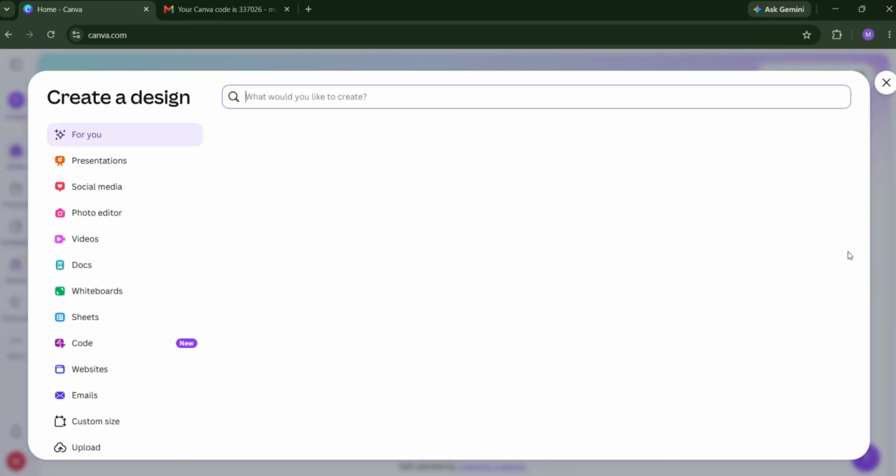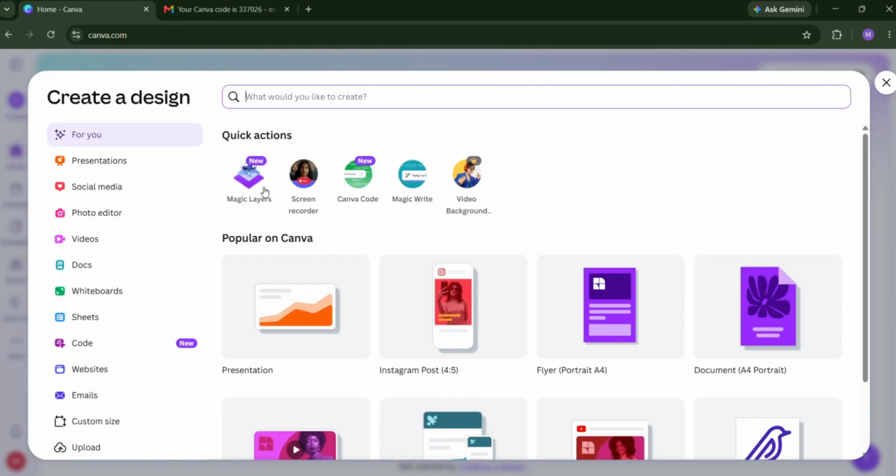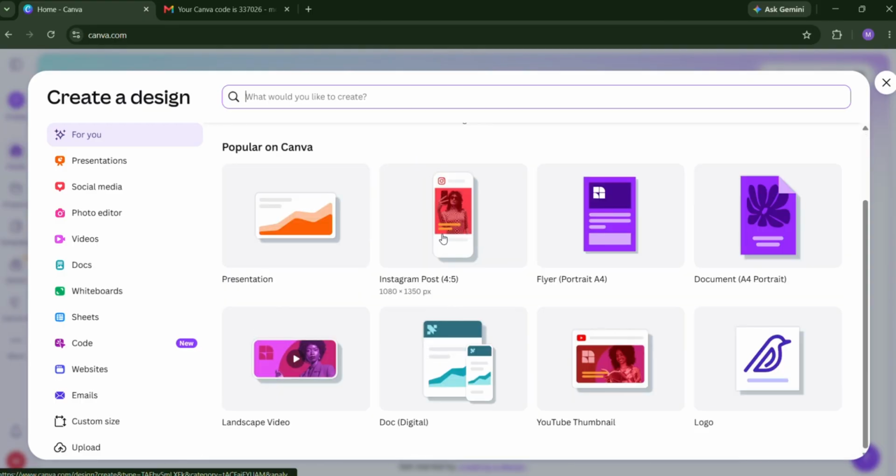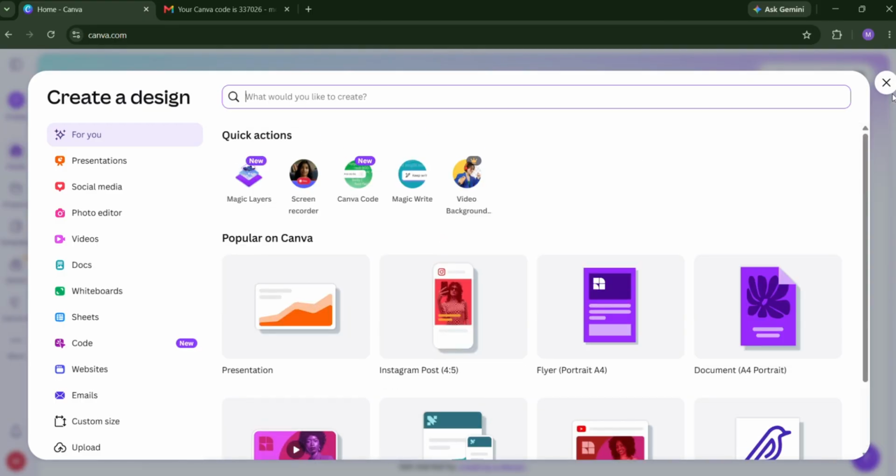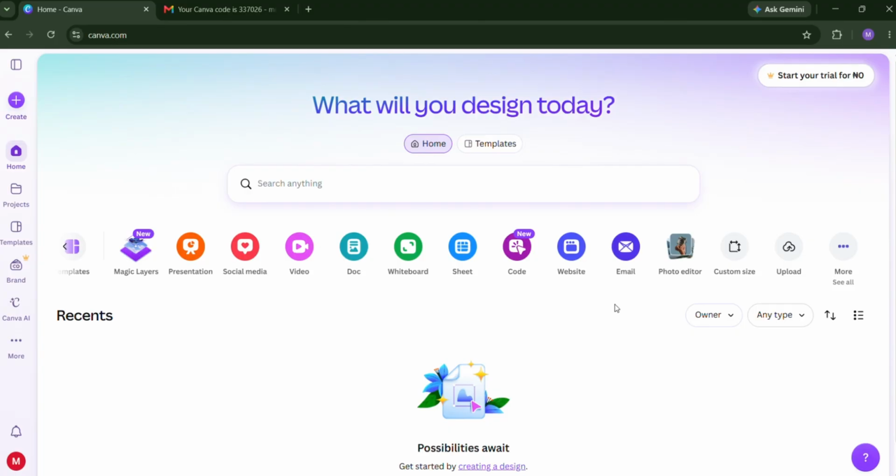And here we have more. Once you click on this more, then you have access to other features on Canva. Yes, other features you can use on Canva. All right, so that's that about this design